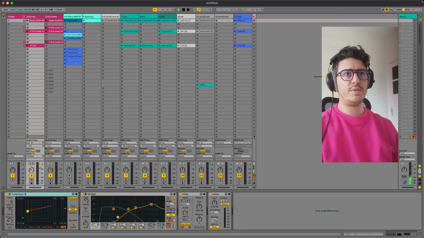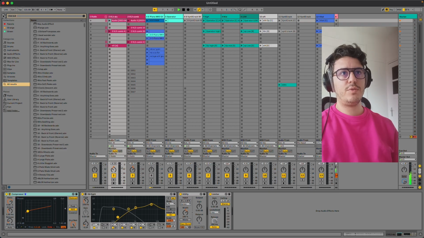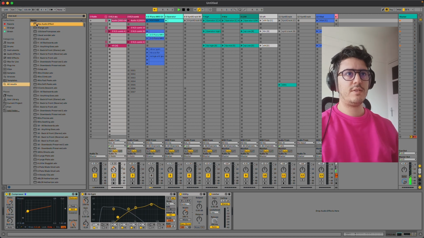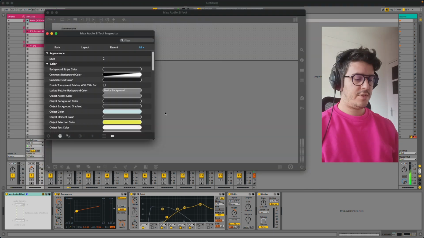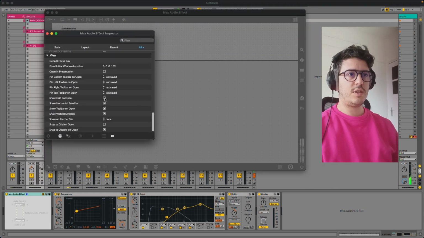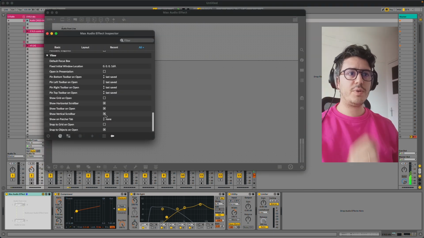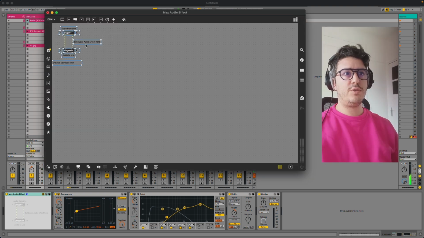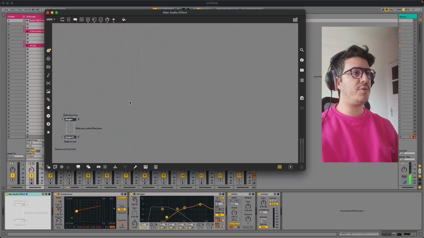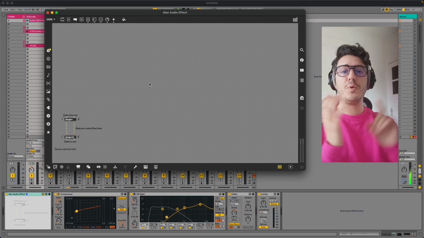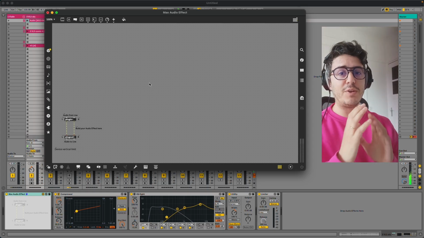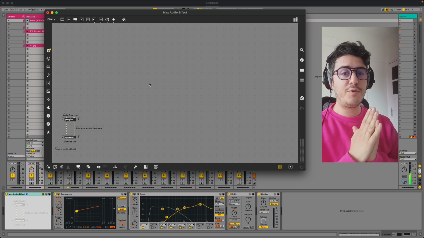Let's start from scratch. Max audio device effect. This goes here. We're going to open this. First things first, we are going to set this up to be open in presentation. You don't need to erase this, you want to keep the audio flowing. Believe me. We're going to work with the Live Object Model, so we're going to communicate from Max through the API